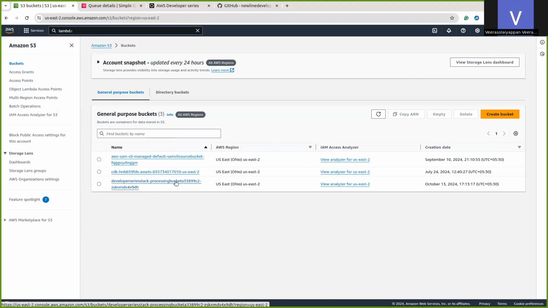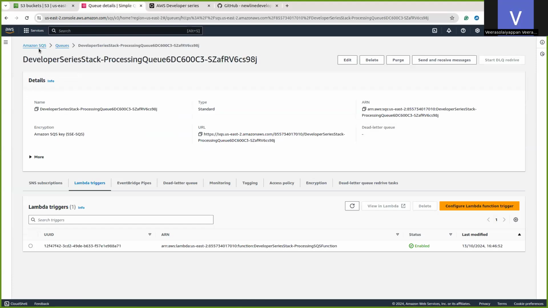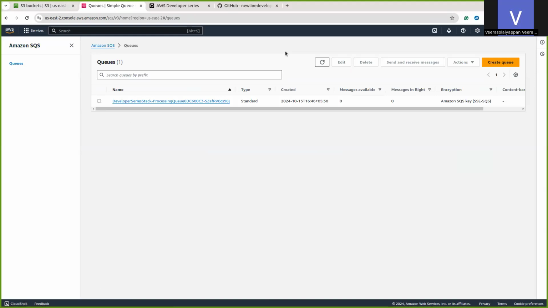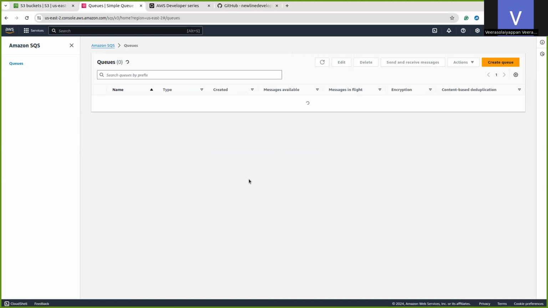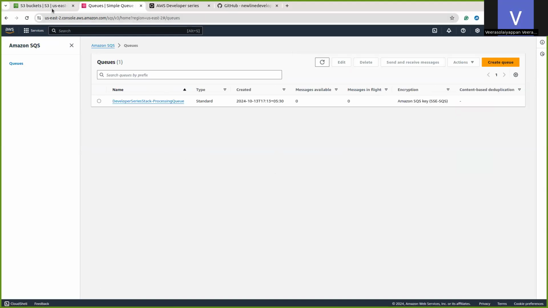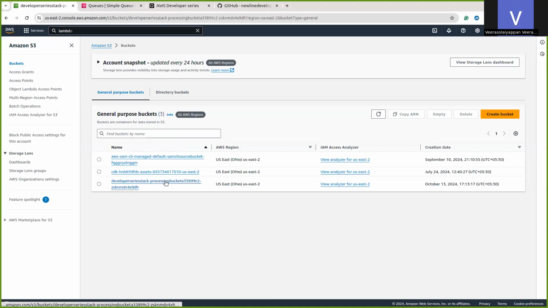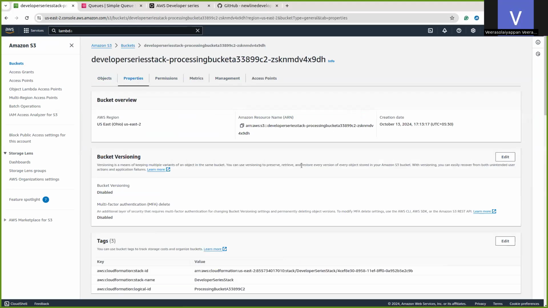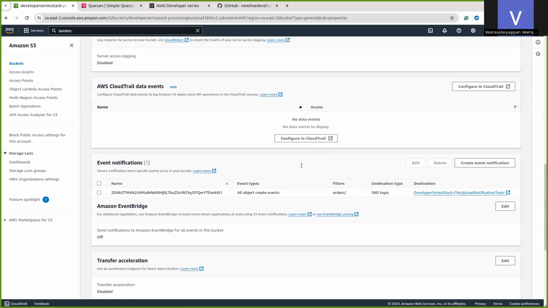The queue is also created. Then let's check the event configuration in the bucket. In the properties, under events, it's sending the events to the SNS topic.